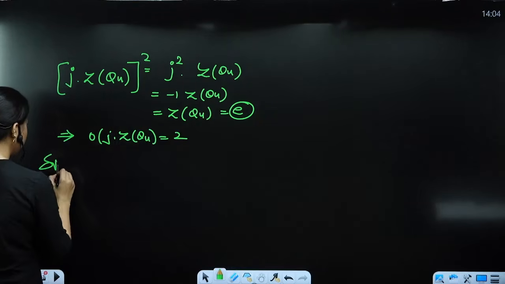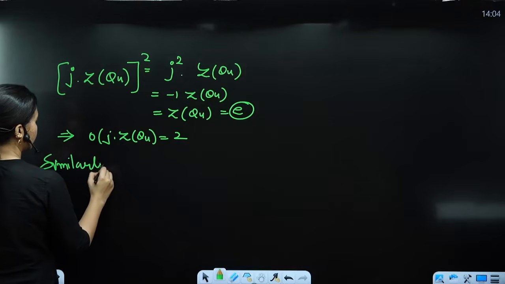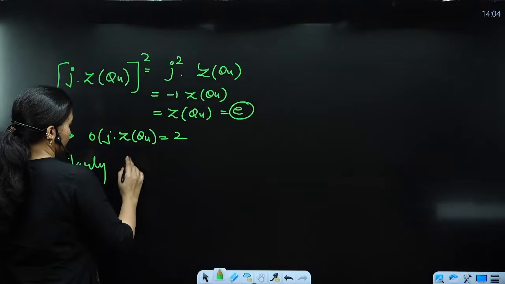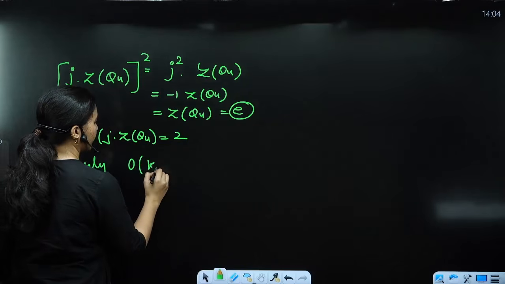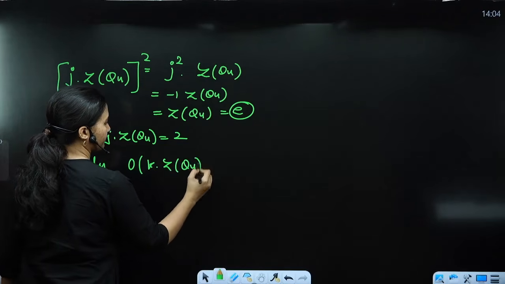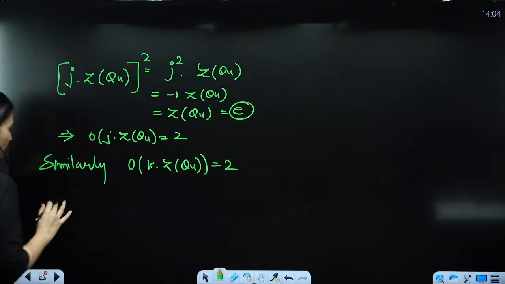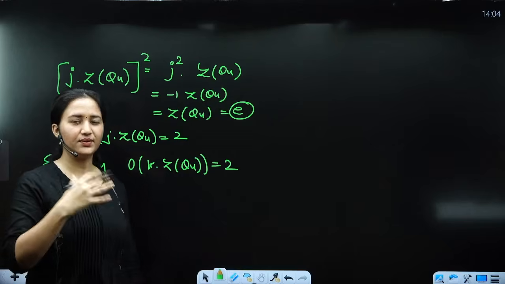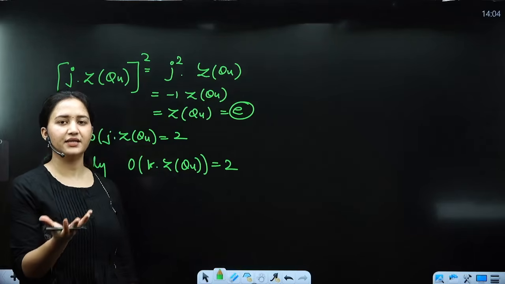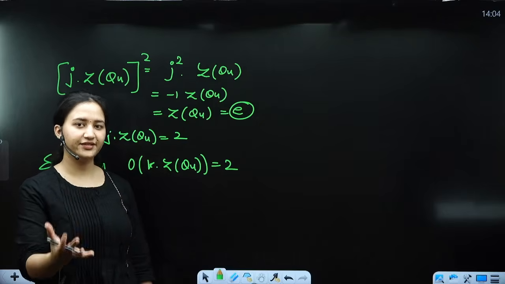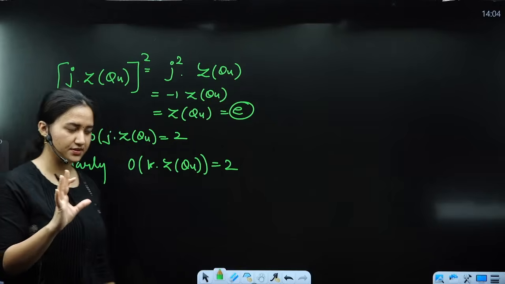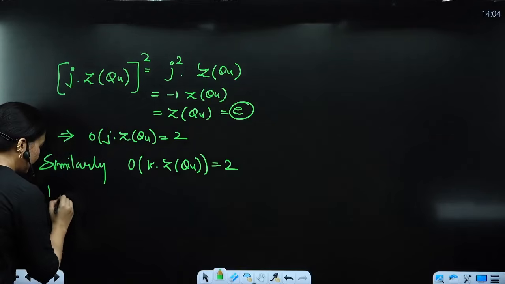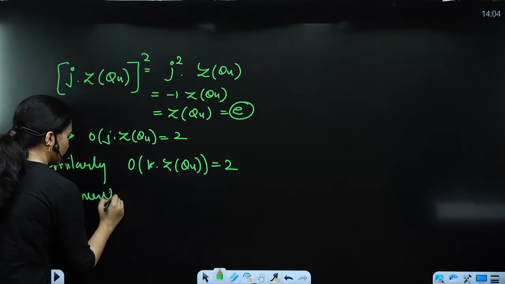So similarly, what is going to happen? Similarly, the order of K·Z(Q) will be... So now, you know you don't need to evaluate that much, because -I and I generate the same cosets, -J and J generate the same cosets, and similarly K and -K also generate the same cosets, right? So we have one element of order 1